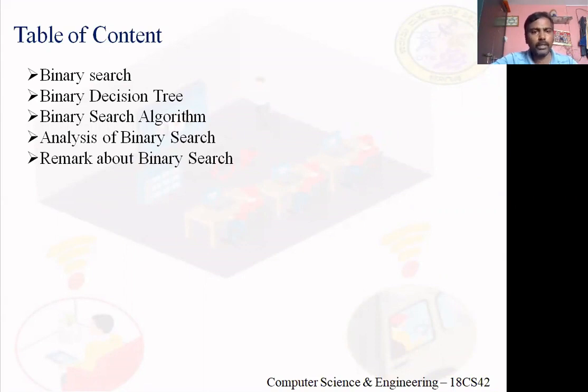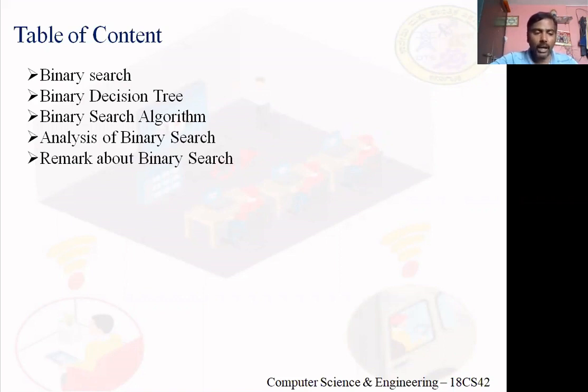Let me say one more case. Now you are asked to search for a key element which doesn't exist in the array. Of course, the conclusion is unsuccessful search.